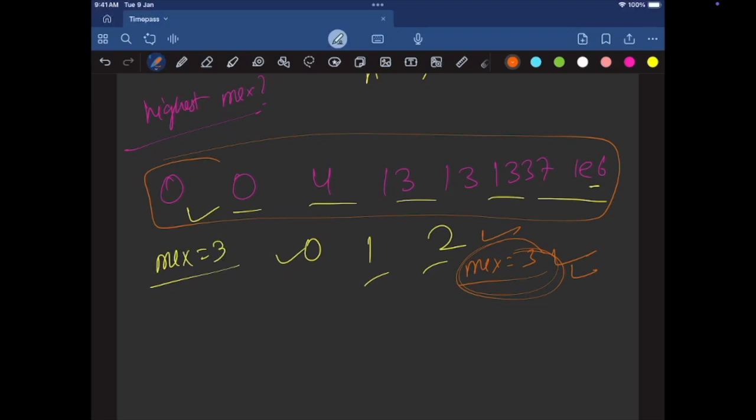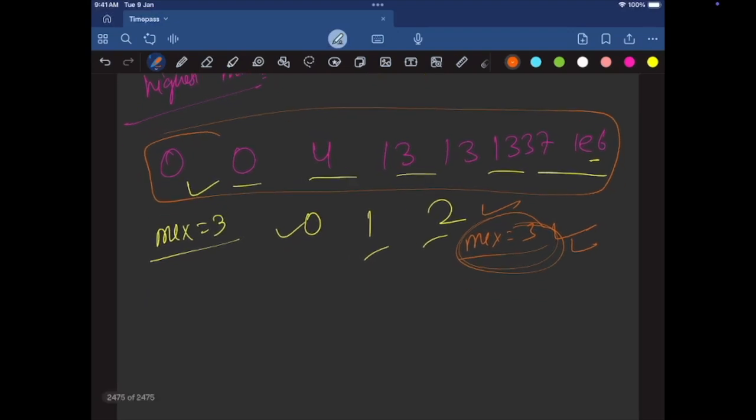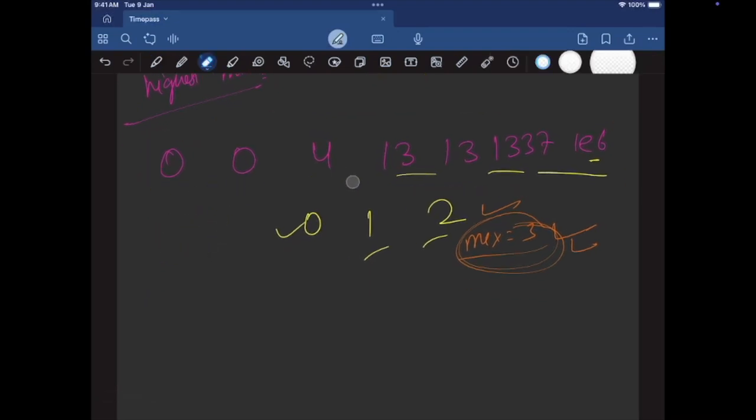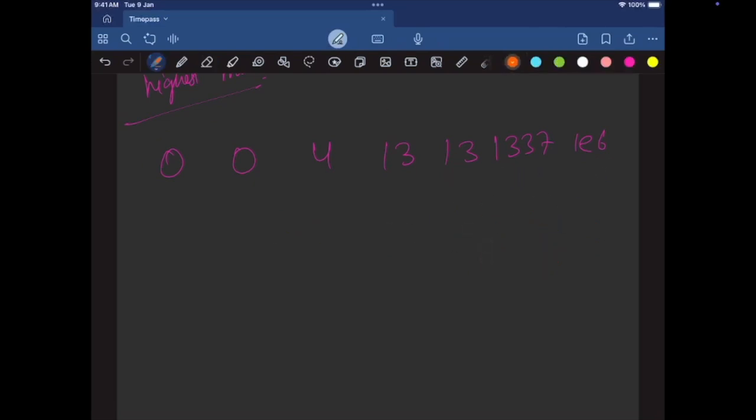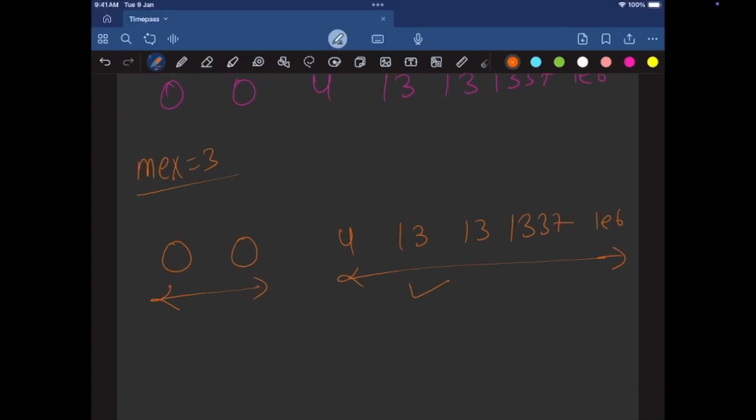Okay, so that's how I got the answer for mex. Now mex equal to 3 is fixed. Now I am saying okay, less than 3 part is here, greater than or equal to 3 part is here. I need to choose two numbers from these numbers, and I need to convert them